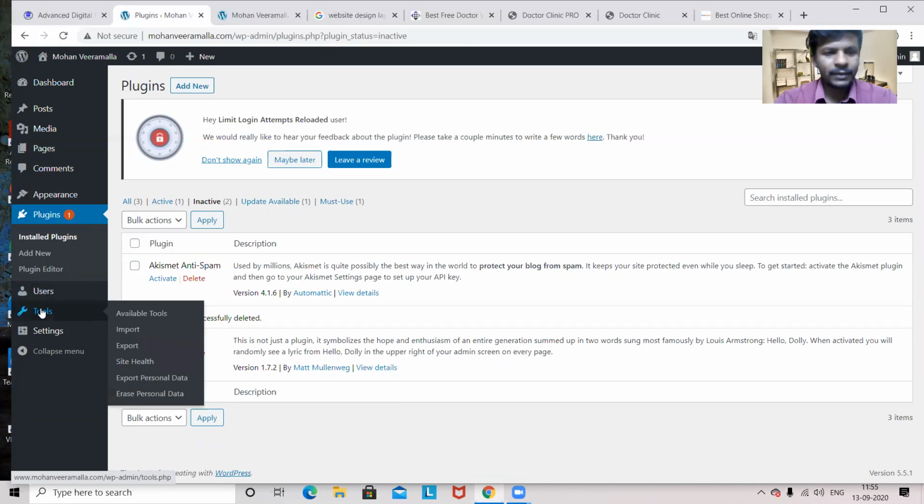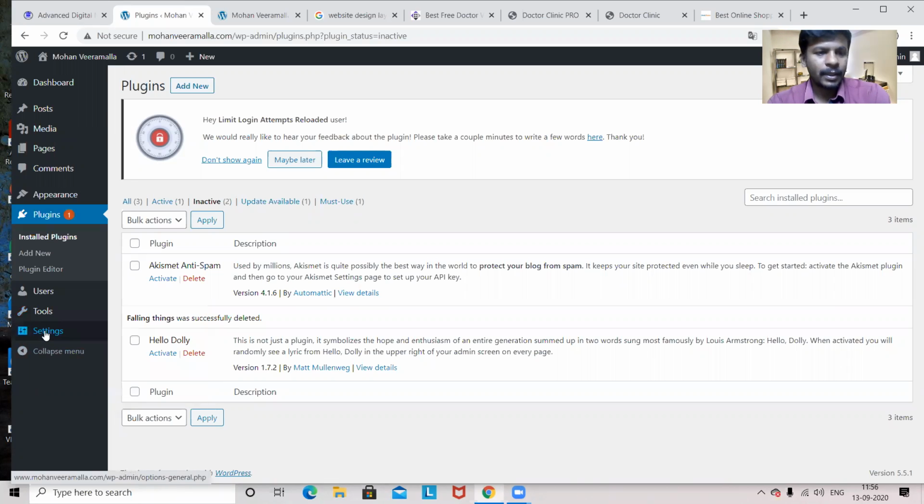Okay. Here we have something called tools. Do you know about a tool? In our home, we have a toolkit to do some repairs, to do some renovations. We'll be using this toolkit. So here we also have a toolkit. It will tell us about the website, how your website is, what is the health of your website, how it is performing, everything. And I said if you take some plugins, that will show in the tools also. So depending upon the plugin feature, it will show here. If that plugin is related to the tools section, it will come into this.